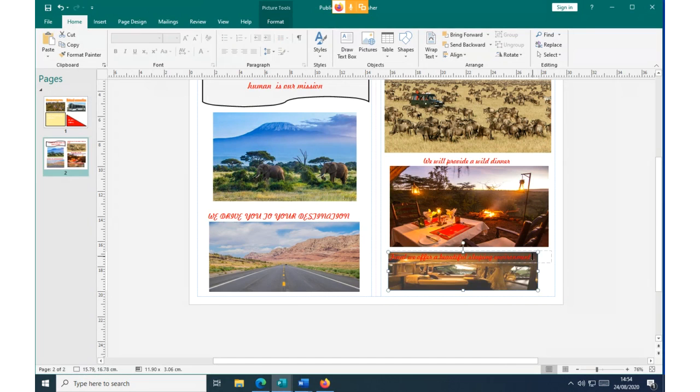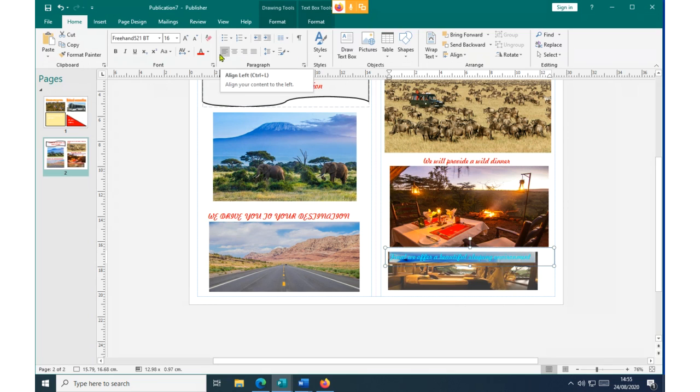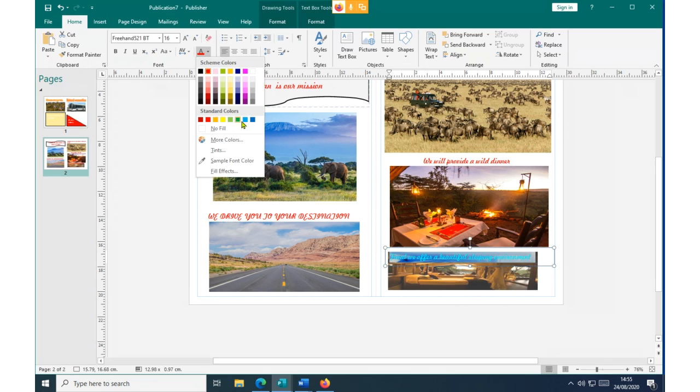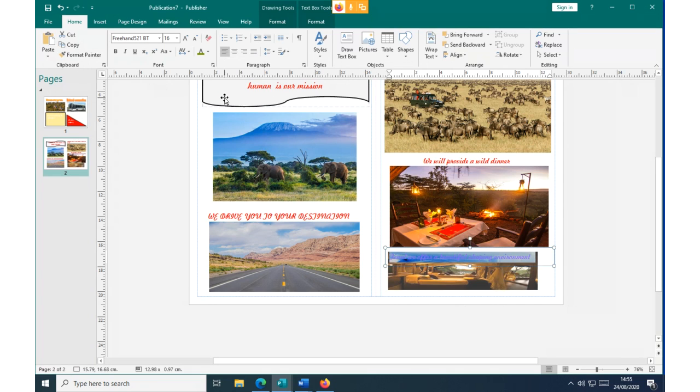Now this color seems to be very contradicting. It's not clear. So we shall change this color only by selecting it and change only that color because we want a color that can be seen. And remember again, we use a color that can be visible. That one is also not clear.